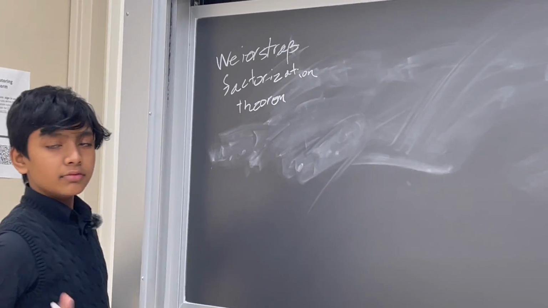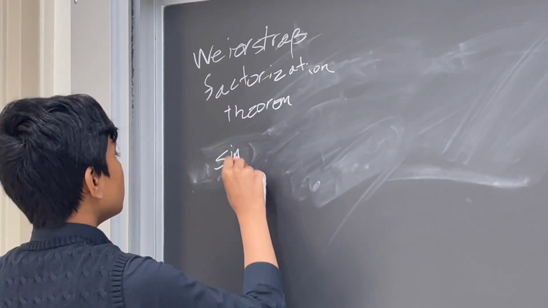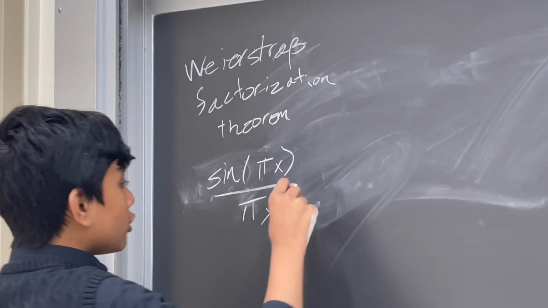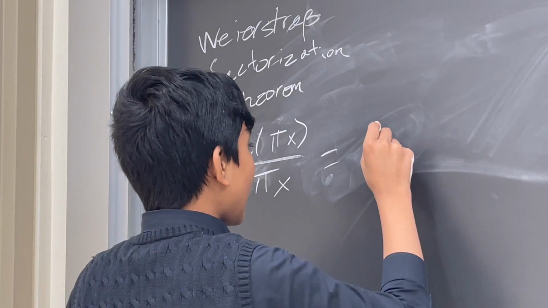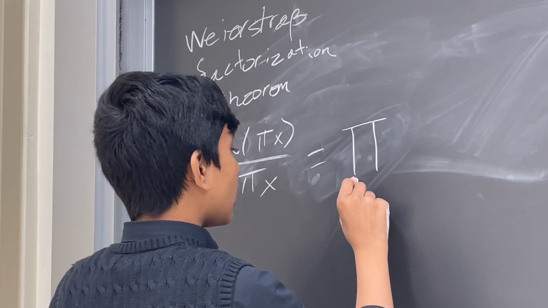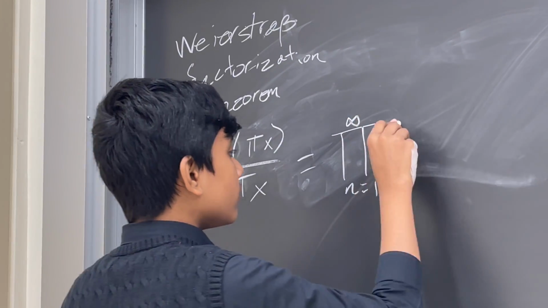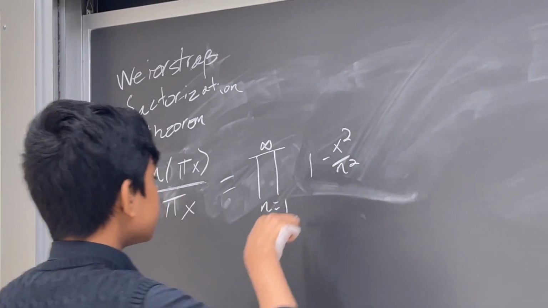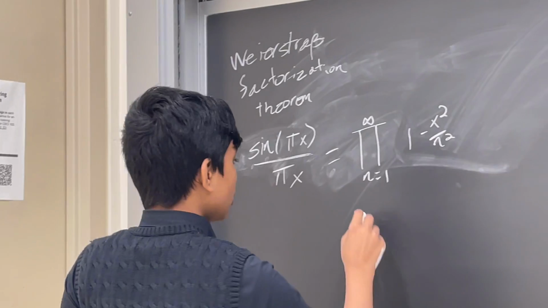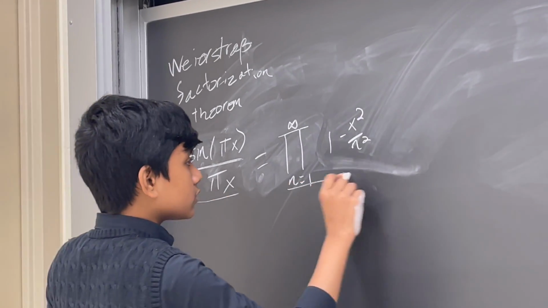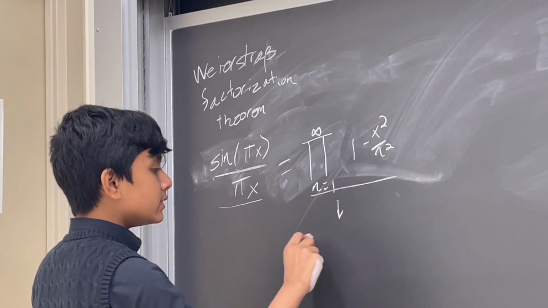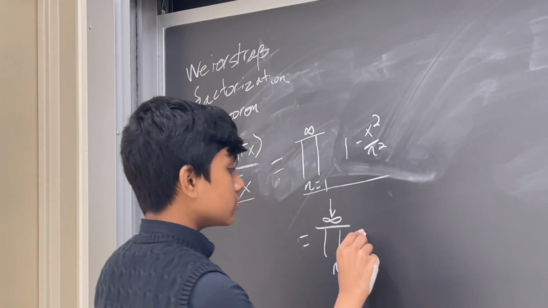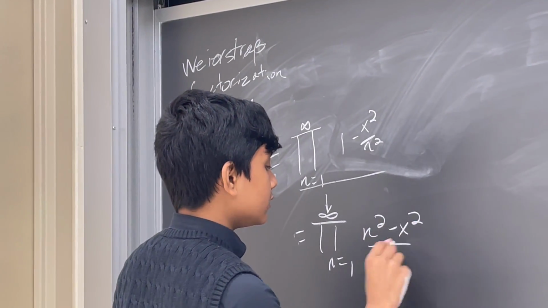So, in this case, what we specifically want to do is we want to have this expansion for sine of pi x over pi x. And it turns out this specific expansion is actually the infinite product of 1 minus x squared over n squared. Strange, right? So, what we're actually going to do here, first of all, is unite this, make a common denominator right over here. So this is going to be n squared minus x squared over n squared.